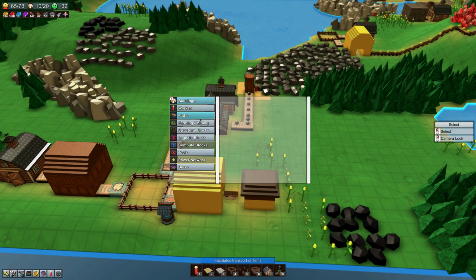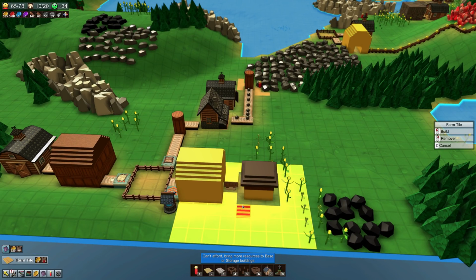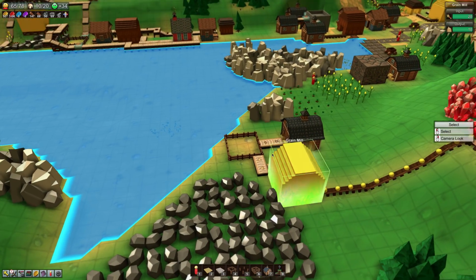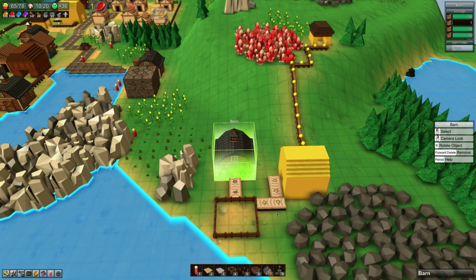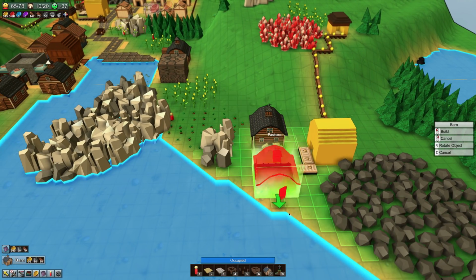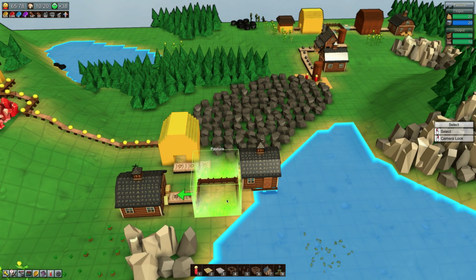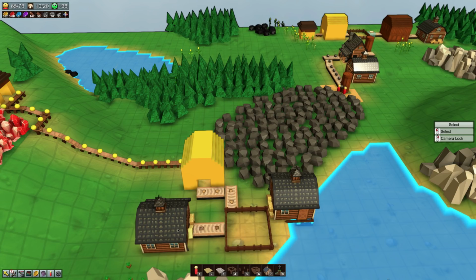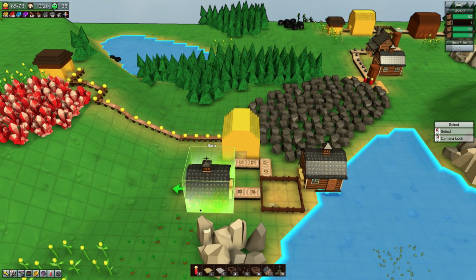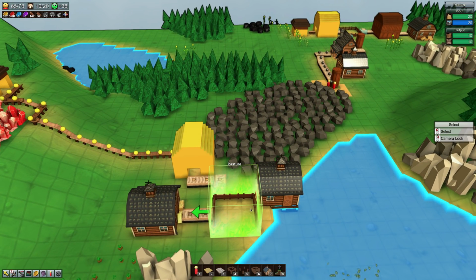This is not making wheat fast enough. I need more fertilizer, apparently. This is too full of leather. I was hoping that this would do leather and fertilizer. But, for the minute...